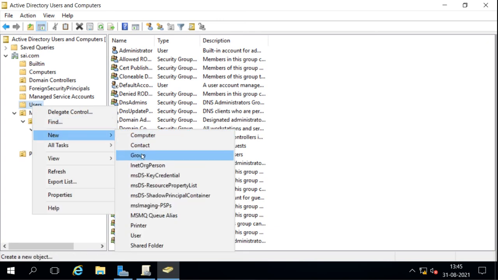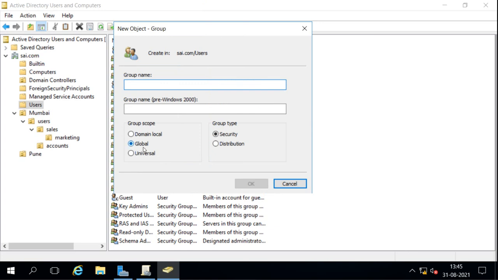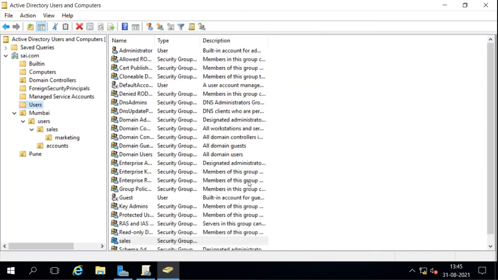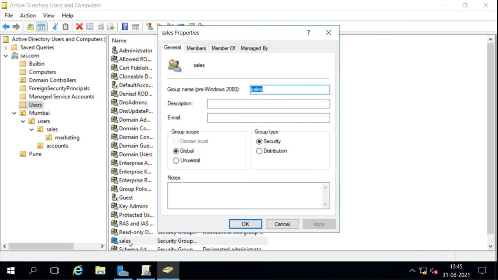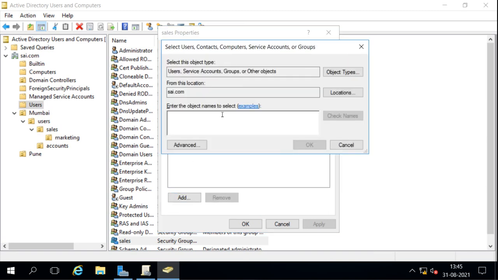And remember, it only supports global groups. So I will create a security global group. Now in this group, I will make user 1 and user 3 members.